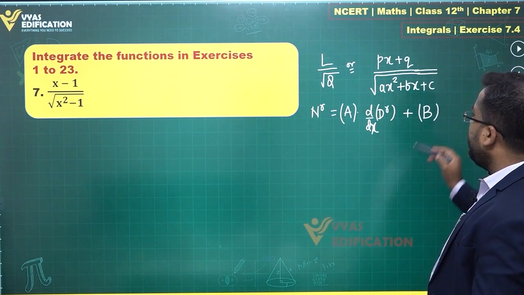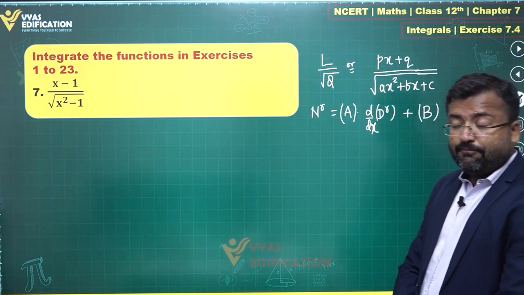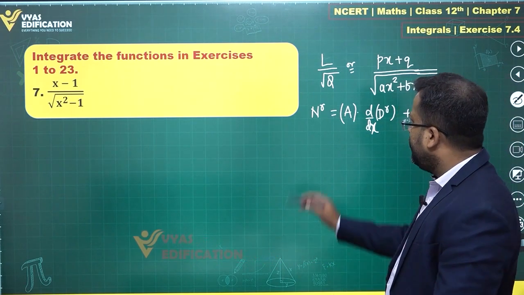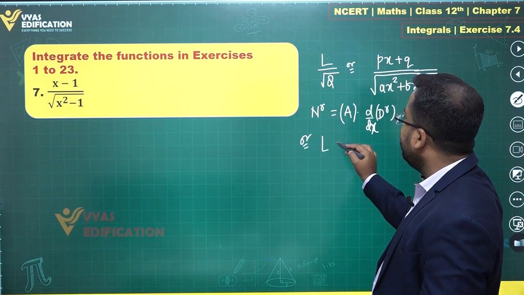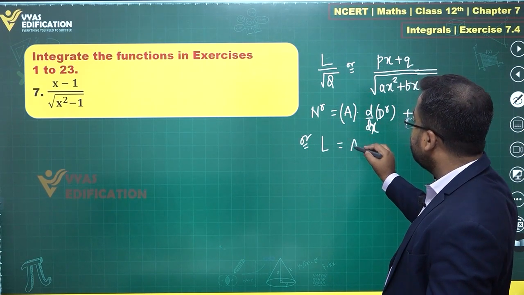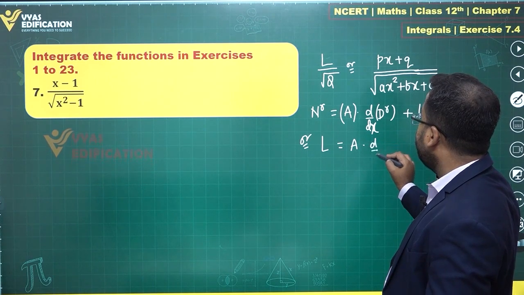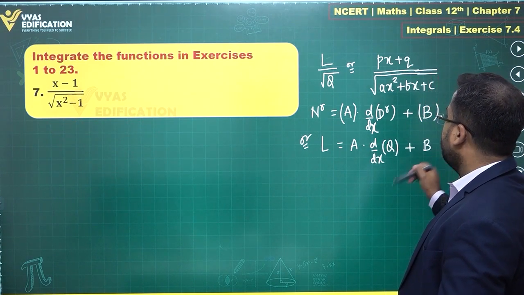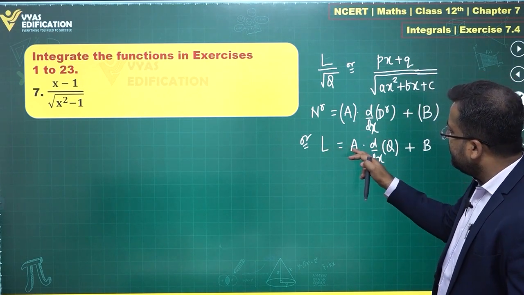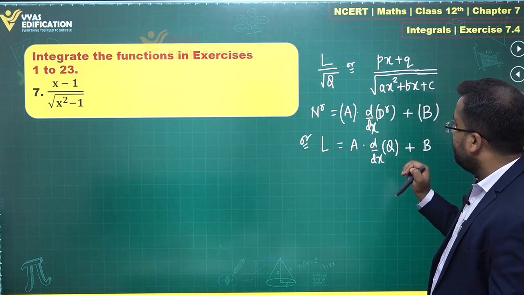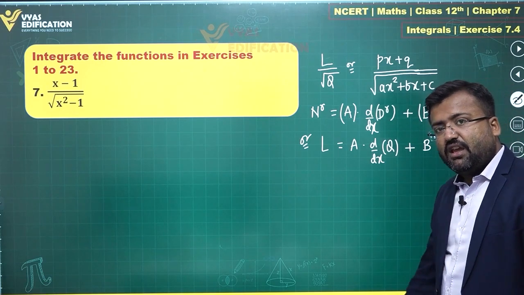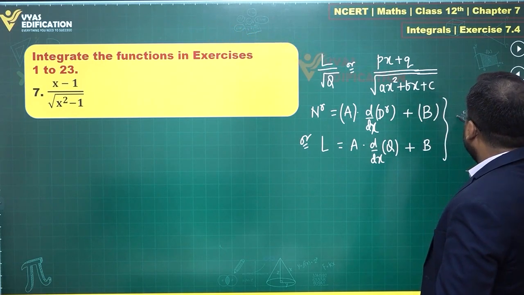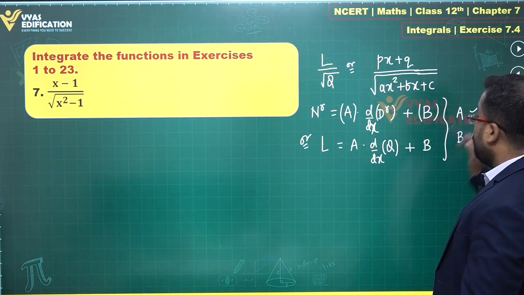Finding the values of a and b is the key over here. We write the linear term px plus q as a times the derivative of the quadratic plus another constant b, right? Important thing is, if you can find a and b,